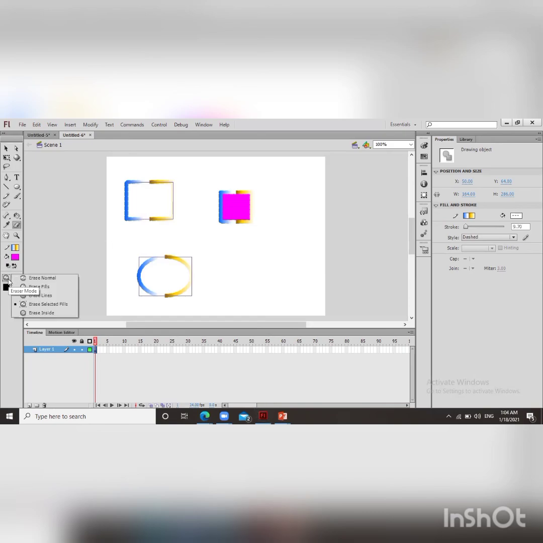And erase inside is the same as erase fill. So firstly we choose the modifier, how we want to erase it: we want to erase the inside part, the outside part, or like a normal eraser. We choose from here, and from the eraser shape we can choose any shape of our eraser. So today we have discussed the paint bucket tool, ink bottle tool and eraser tool.